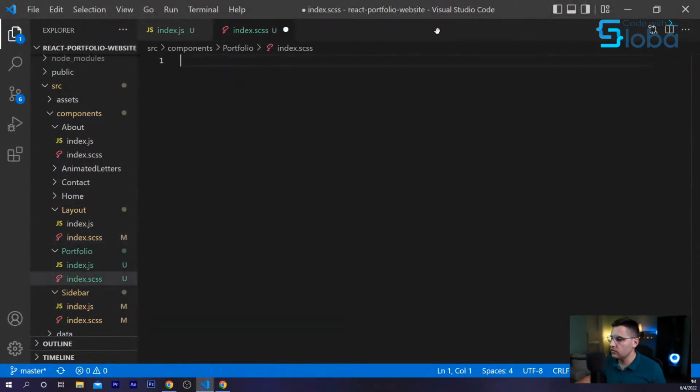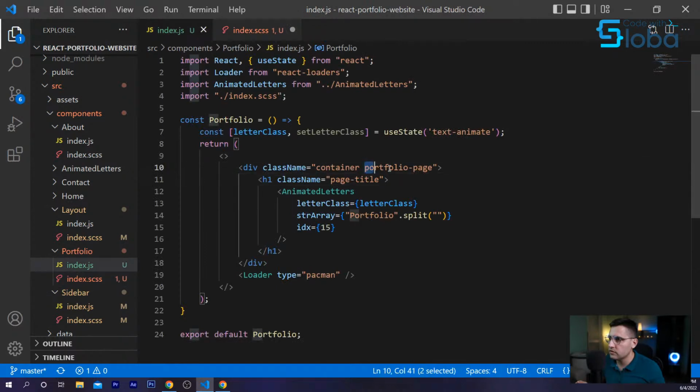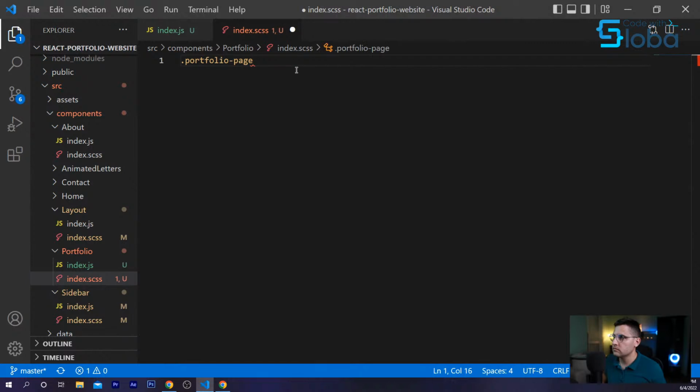I can close the layouts and open up the index.scss file of the portfolio section. So let's first target the portfolio page, and let's add some padding on the left so that we can see. 100 pixels on the left.